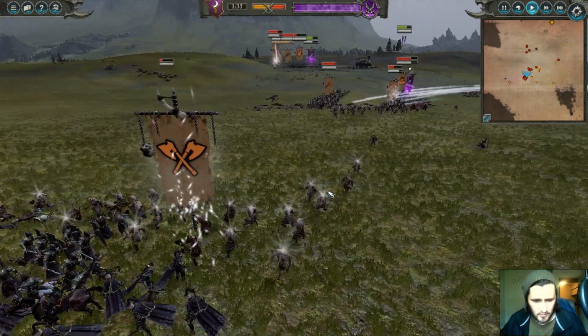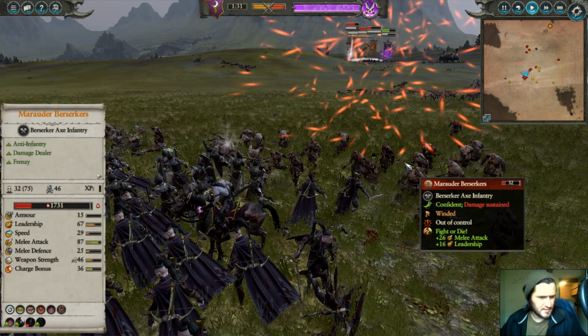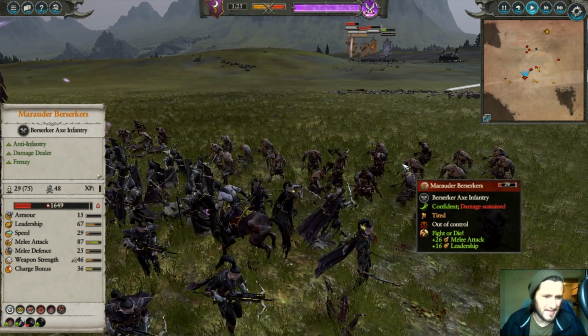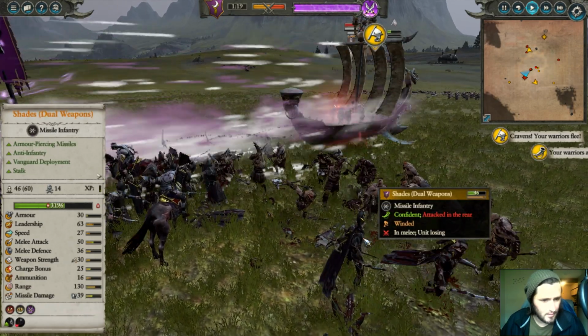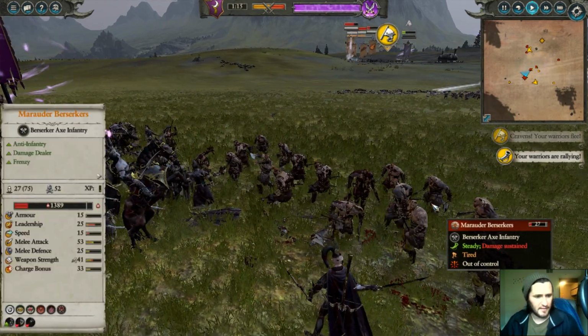So right now they're fighting these Berserkers, and let's go ahead and just compare stats here. These guys got fight or die, so their immediate attack is 87 right now, but it's usually not that. But compared to the Shades here, what are they at with melee attack, 50? Yeah, so 50 versus...